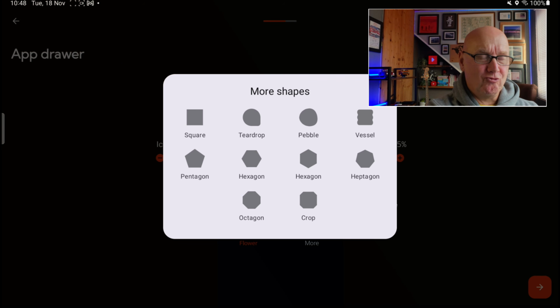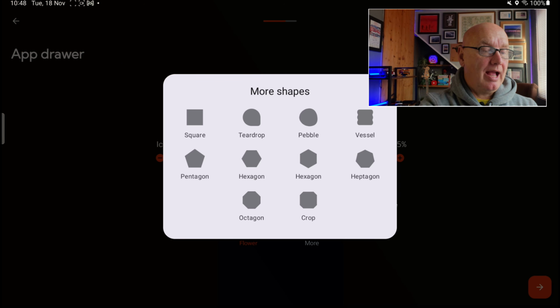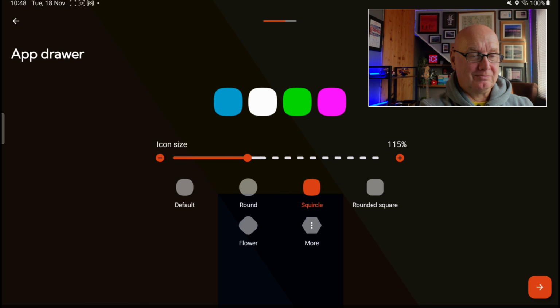So you could, if you really wanted to go into it, you've got teardrop, pebble, vessel, pentagon. That's interesting. They've got hexagon and hexagon, but two different shapes of hexagon. They've got heptagon, octagon, and crop. So many choices. I'm going to go for squircle, just because I like the name, squircle. Yeah. Go on, you say it. Yeah, it's a bit of a weird one, isn't it? Anyway,